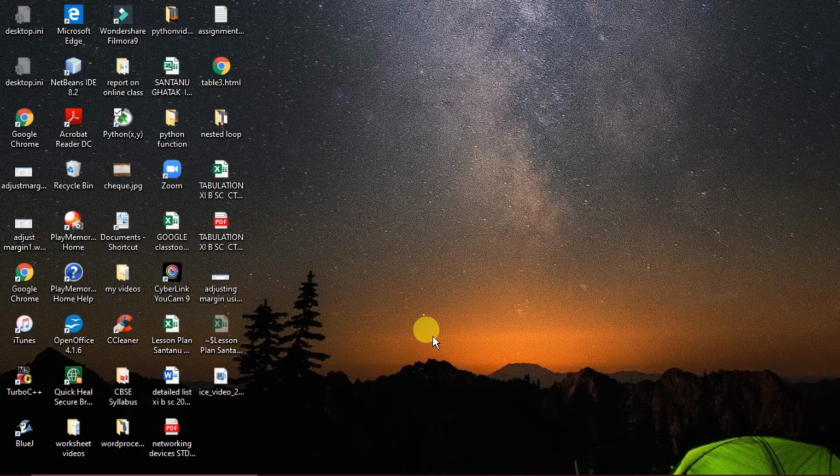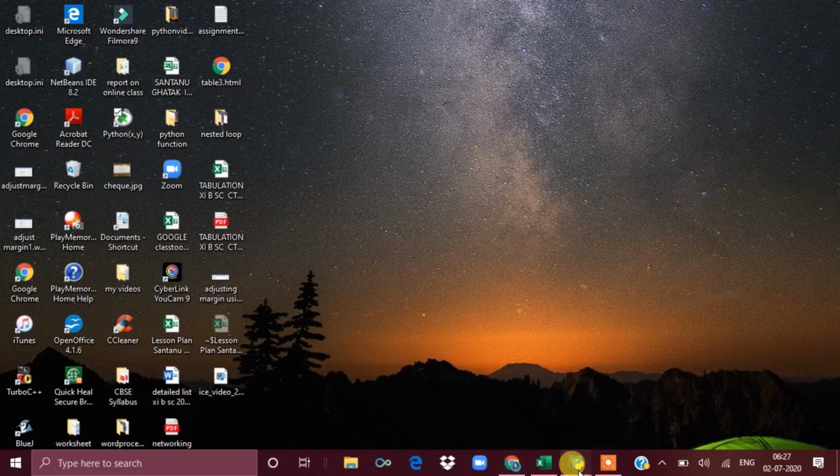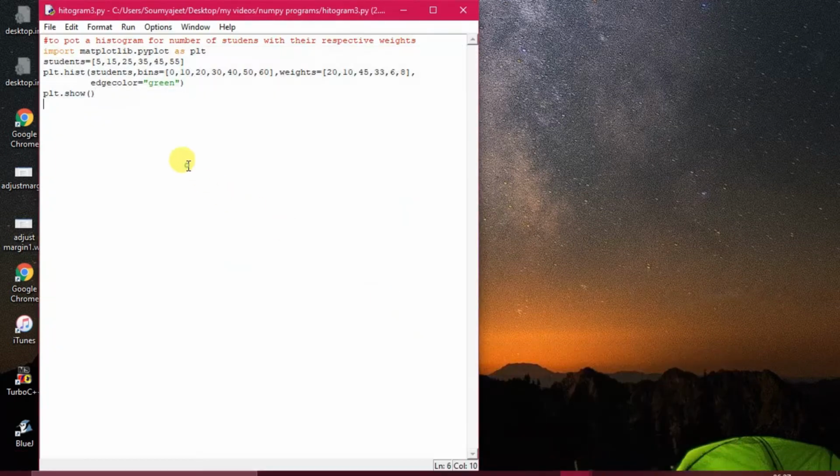Okay, students, today we will generate a histogram for displaying the number of students having the same weights. To plot this histogram, we have to take help of this particular code. The code has already been generated. Here you can see the students data has been taken in the students list, and plt.hist